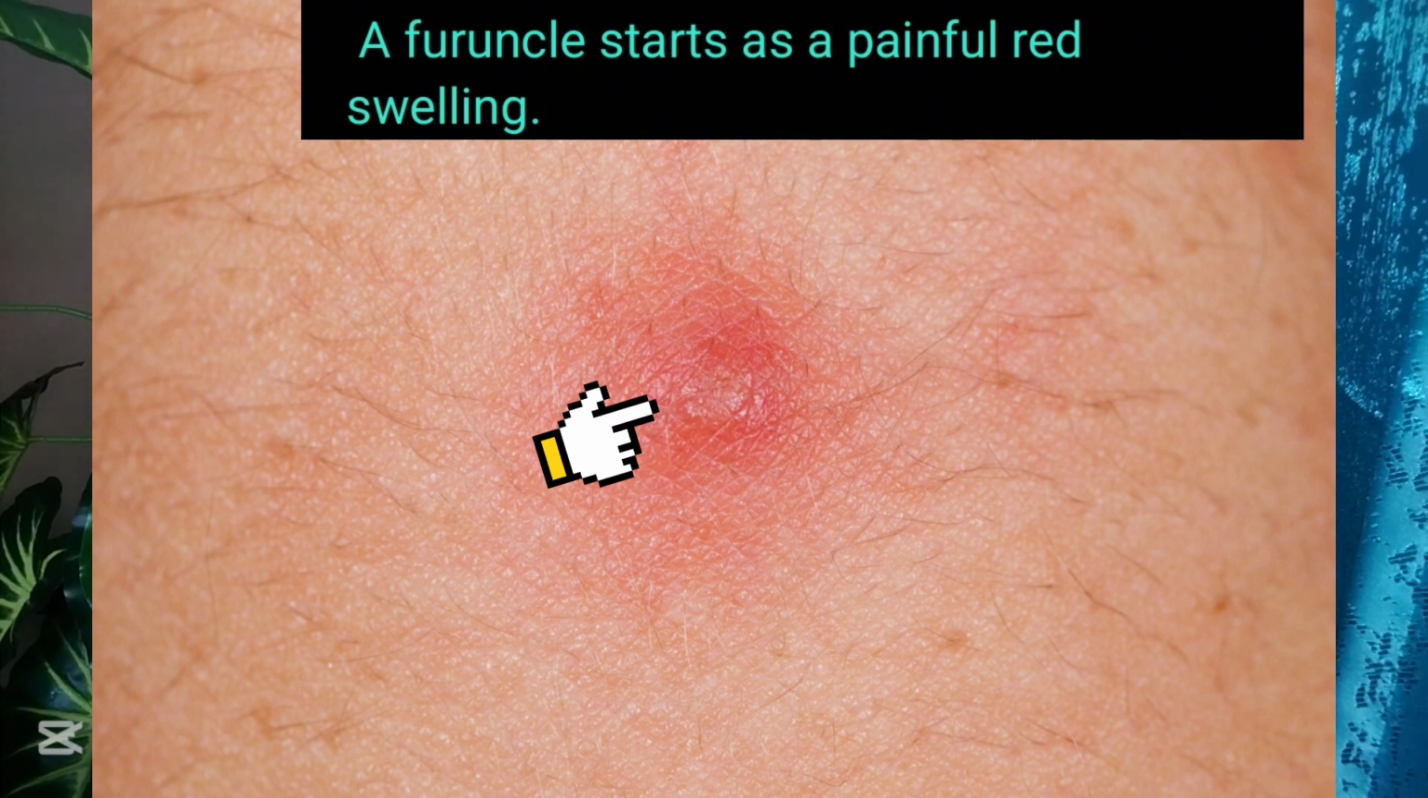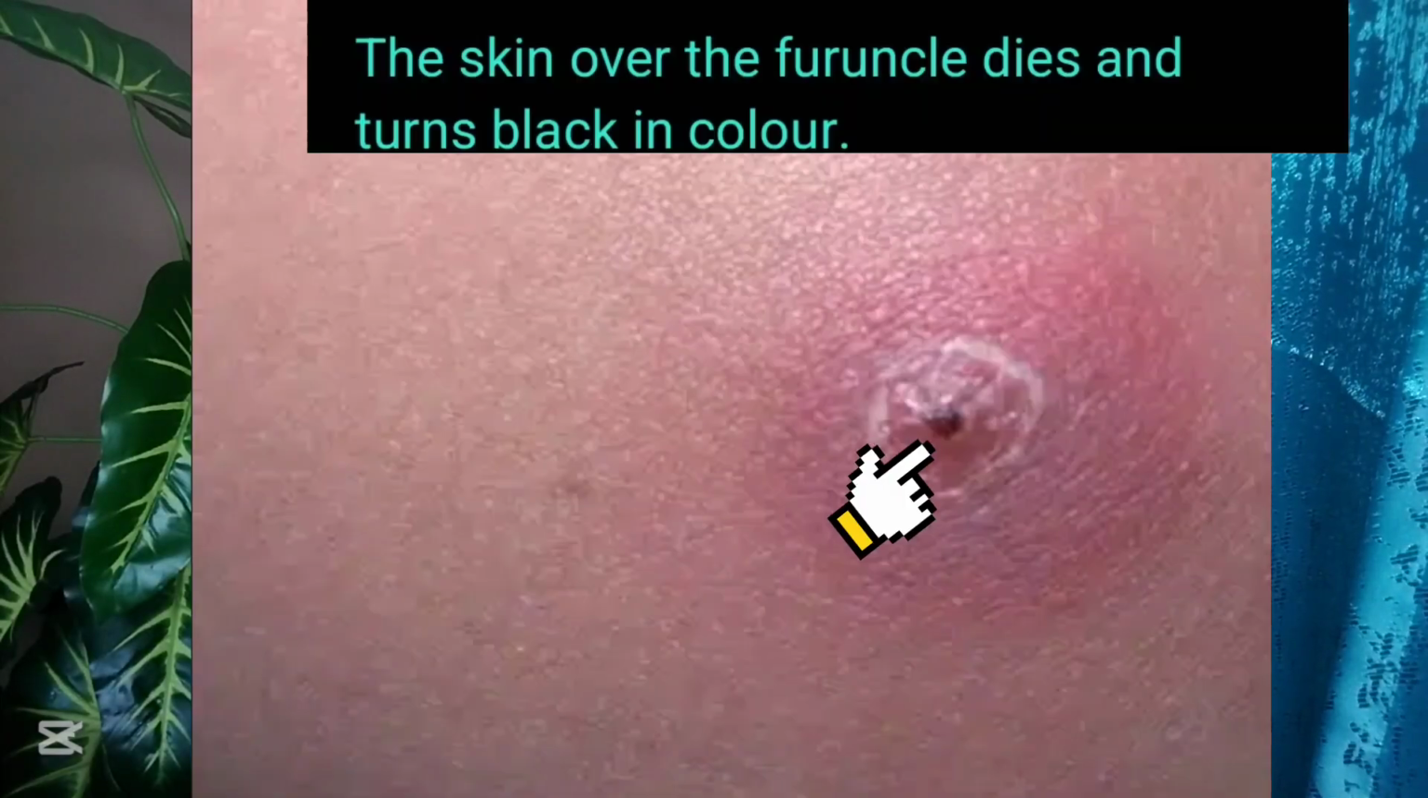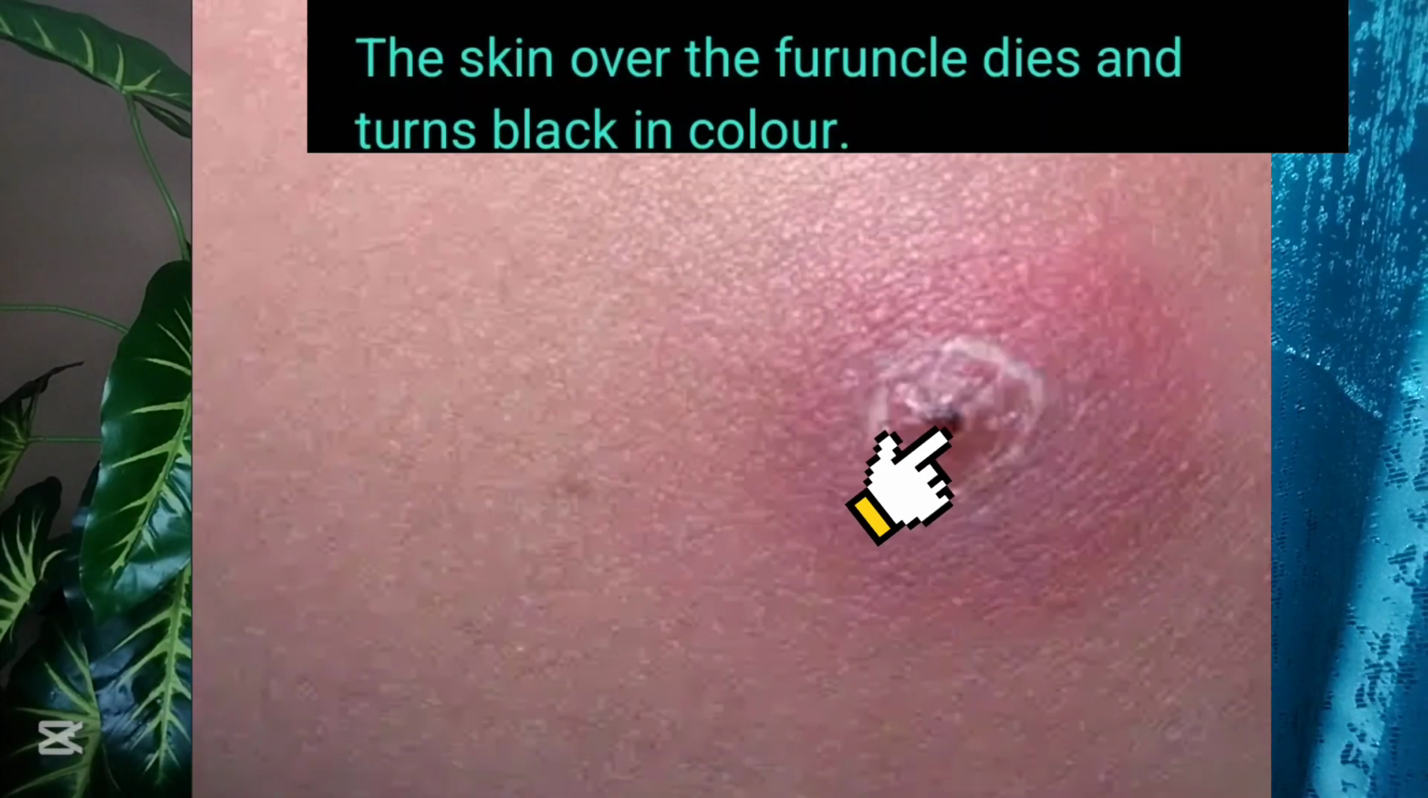When it comes to the signs and symptoms of a furuncle, it usually starts as a painful red swollen bump originating from the deeper layers of the skin, and in some instances it can resolve spontaneously, but in certain instances it can progress to form a yellow bump, and the reason why it turns yellow is because there is pus formation that occurs after some time. The skin overlying the bump can undergo necrosis, that is, it can die, but as it heals, the skin can